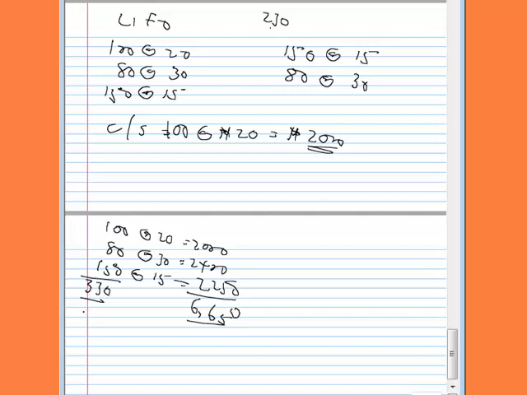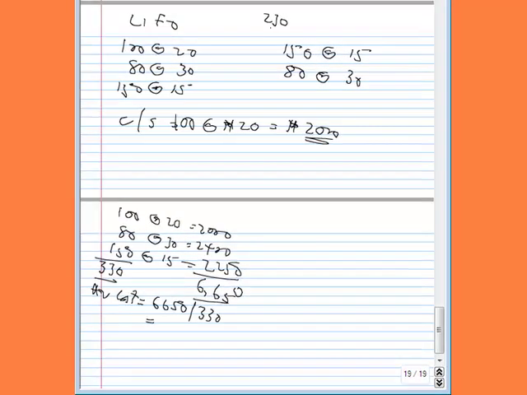So the average cost is going to be 6650 divided by 330, and that is what? That is 20.15. So it is at this price that the issue will be made to production, 230 at